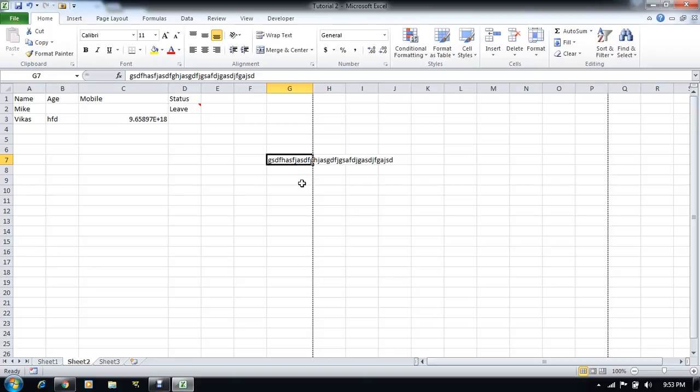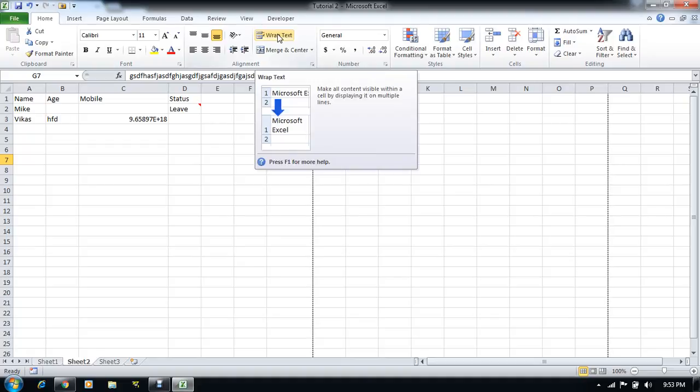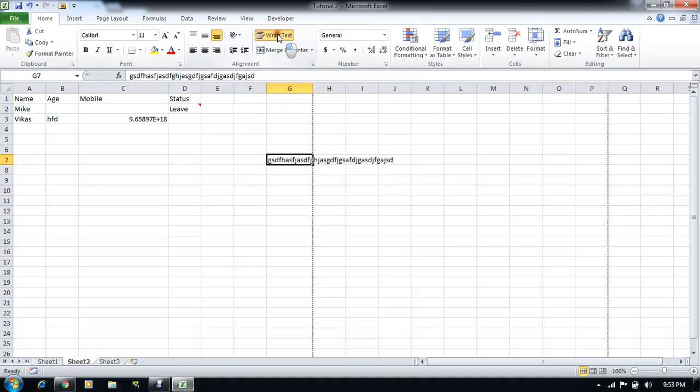So we want to adjust this data to this cell only. For that we have the wrap text option here. Whenever we use wrap text, what it does is it fits the content of the cell by increasing the height.